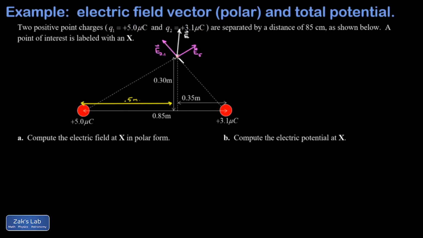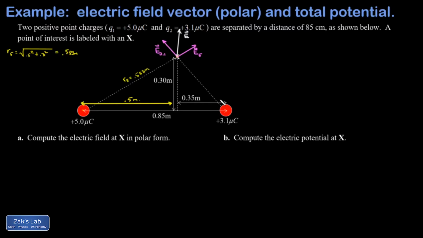Next, if I'm going to get the electric field strength at this point x generated by this charge of 5 micro-Coulombs, I've got to find the distance to that point, and I'll call that R5. Well, that's the hypotenuse of a right triangle. So let us write it down over here. R5 is the square root of 0.5 squared plus 0.3 squared, and that comes out to 0.583